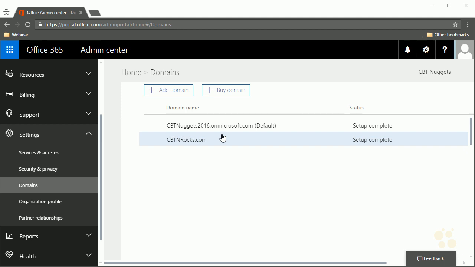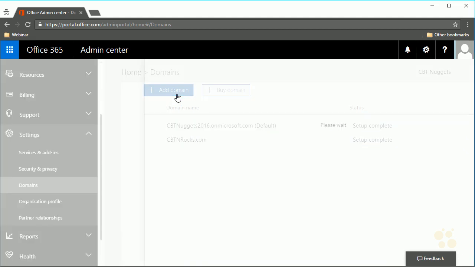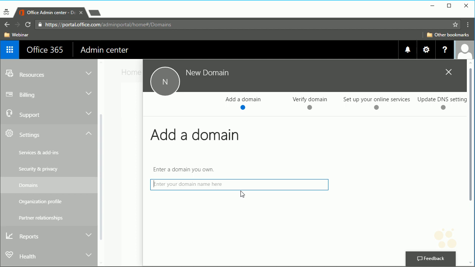When you set up a custom domain on your account, you can select add domain to add that domain to this account. And there's one neat thing here. If you happen to use GoDaddy as your registrar, Office 365 is integrated nicely with GoDaddy. GoDaddy is a very popular web registrar, by the way, and you can set this all up very, very easily. I did not. I used one called Network Solutions, another very popular one, but not one that is set up